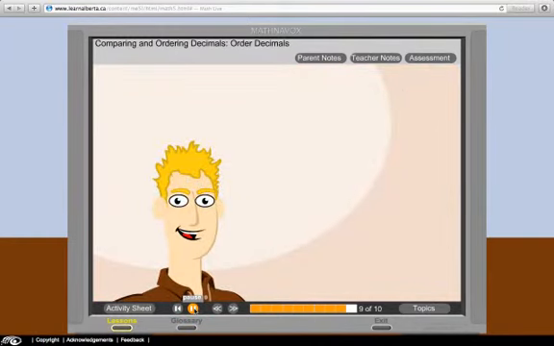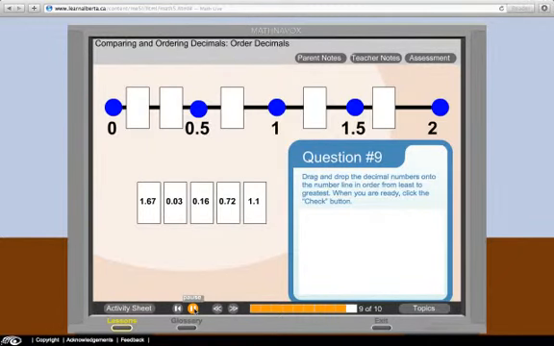It's your turn to put a group of decimal numbers in order from least to greatest on a number line. Drag and drop the decimal numbers onto the number line in order from least to greatest. When you're ready,